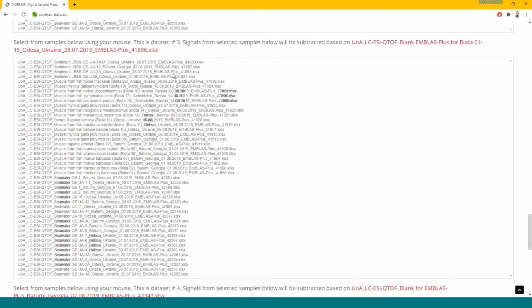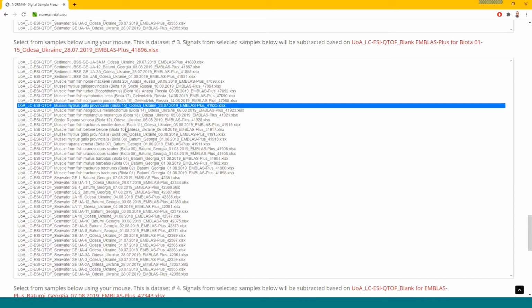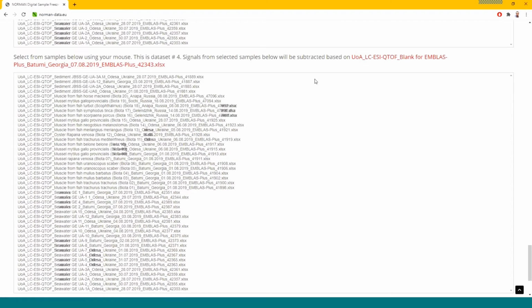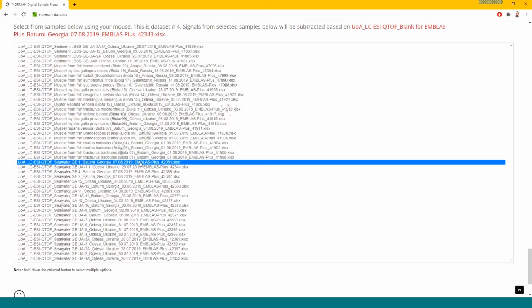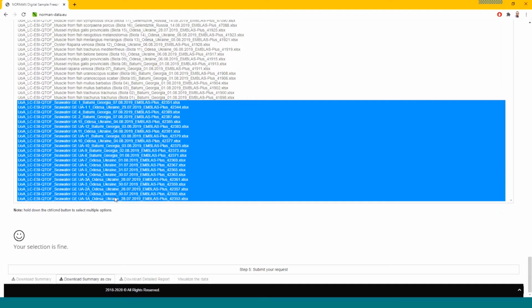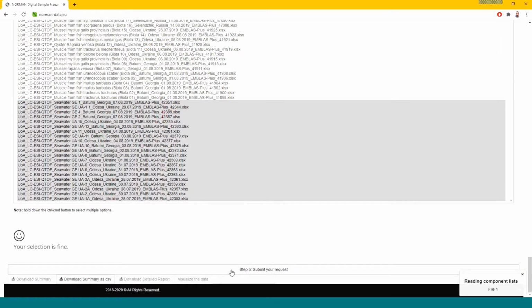Then we specify the biota from 1 until 15. And finally, we specify the seawater samples. If the selection is correct, this will appear. Finally, we submit our request.